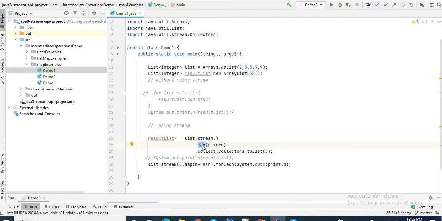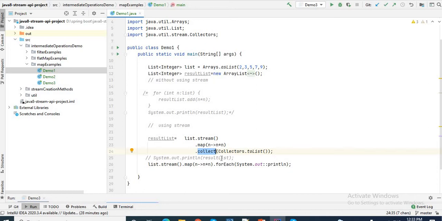Map is used to transform the data. So we take each and every element of this list and perform certain operations. This is our operation, n multiplied by n, because we want the square of each element, and then we collect this to our target collection or result list, and we simply print this result list. So that's what we learned from the map concept.